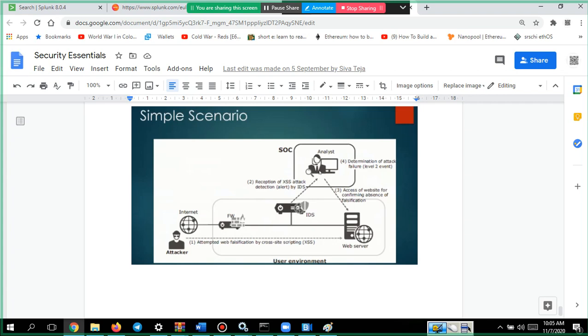The SOC team will never come to know, and you will think everything is working fine. That is very dangerous. That's the reason you also monitor who is logging into the IPS, IDS or firewalls, not only the traffic. As a security engineer or analyst, you are going to monitor that too.